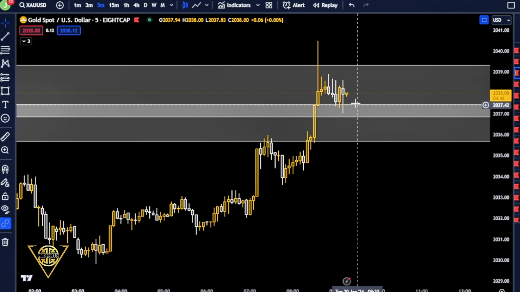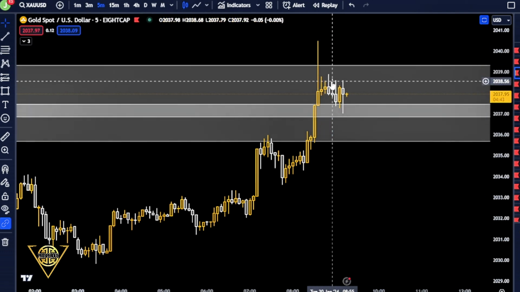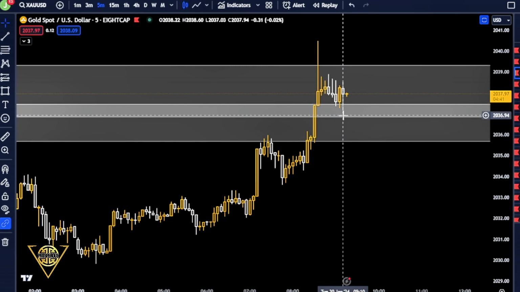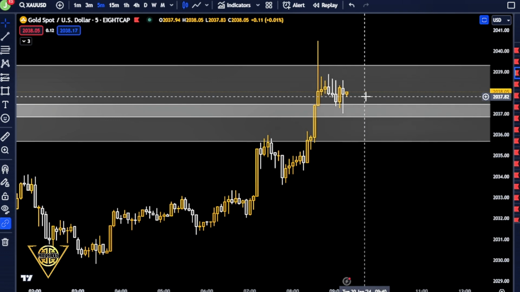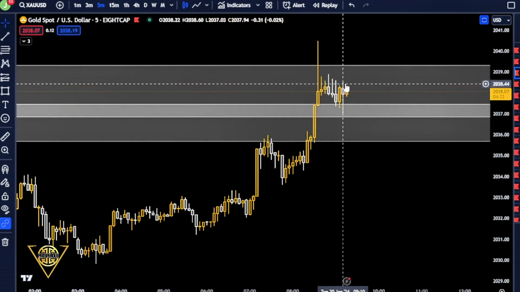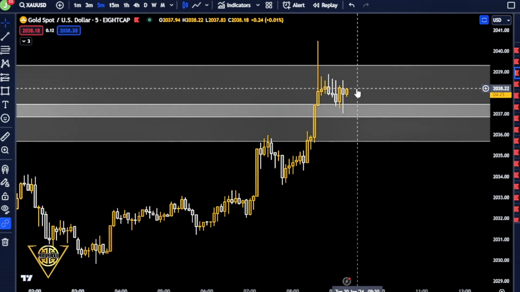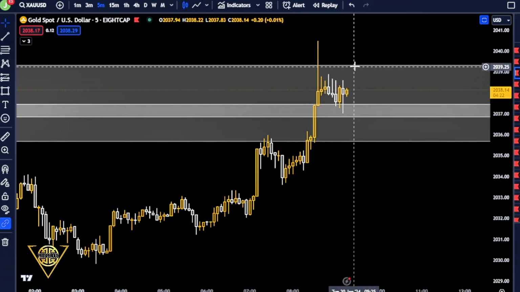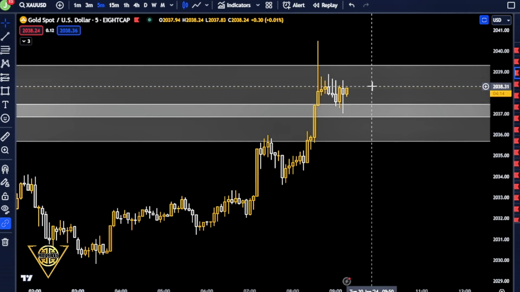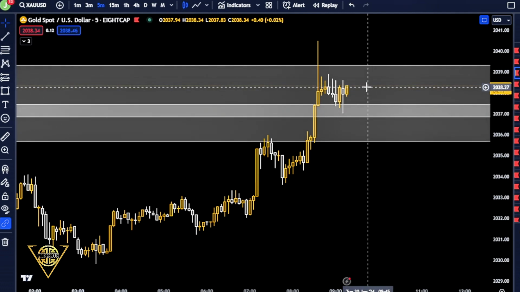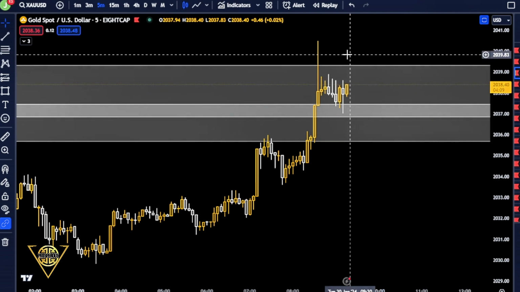This here for me doesn't really cut it. It looks nice. We have retested it, and now we have come down and touched it with a wick. So nice exhaustion on the sell side, which shows that buy side is basically controlling it. But the question is for how much? Gold, it's not something that I'm jumping in for to catch 10 pips on. From where we're at right now up to the top of this resistance is approximately 10, 12, 13 pips. We're going in to catch bigger fish,